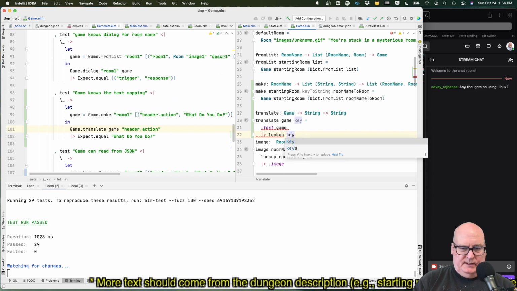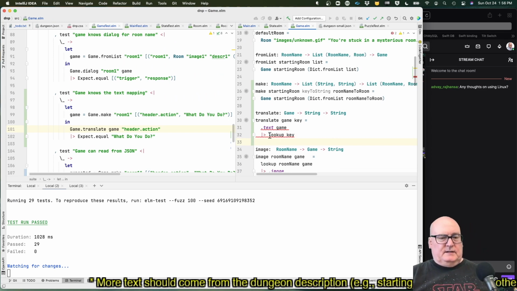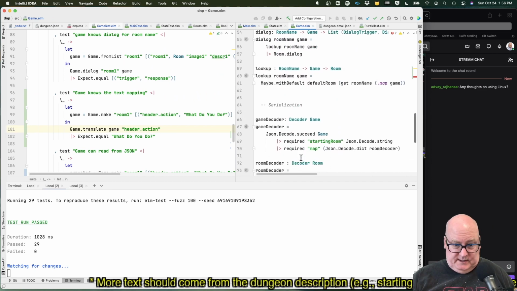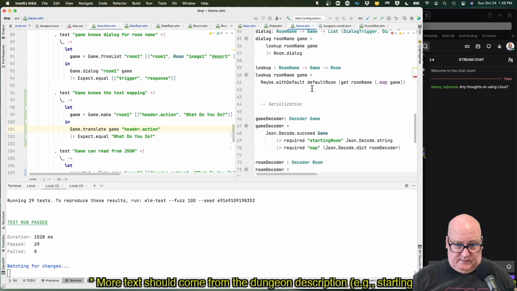We look up the key in the dictionary, and it needs to be maybe with default. We don't really want lookup. Okay, that's definitely wrong. I guess we want maybe with default get room from the map.